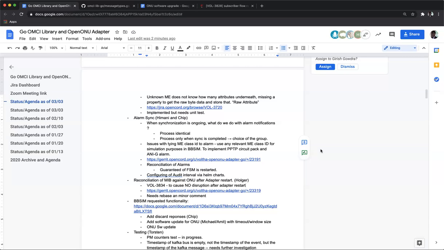The metrics manager module has its own reconciliation mechanism. It's not plugged into the main reconciliation functionality of the OpenONU Go adapter. Probably it would be good. There is already a dummy function reconcile metrics in the device handler. Probably you can put in the code you think should be there. Probably only starting the state machine, I don't know. But you also have to suppress creation of PM objects, right?